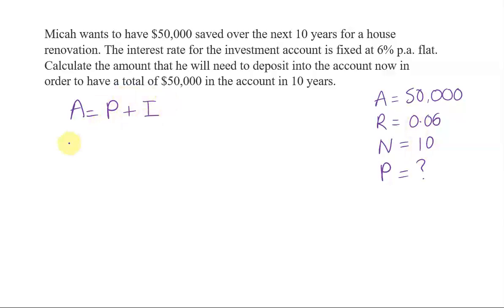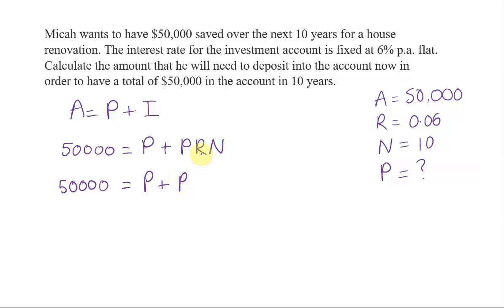because we already have P as a variable and we know what R and N both are. So if we substitute in some values, we have the total amount that he wants is $50,000. The principal is P. We don't know what that is yet. That's what we're trying to find. And interest we can rewrite as interest is equal to principal times rate times number of investment periods. Or the total amount, $50,000, is going to be equal to the principal plus, still don't know what principal is,